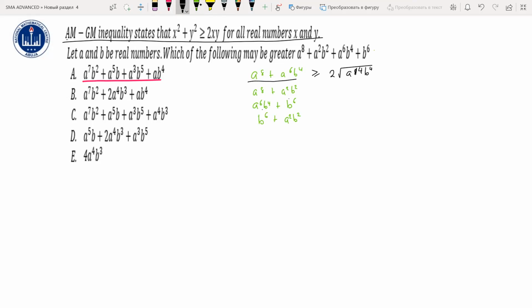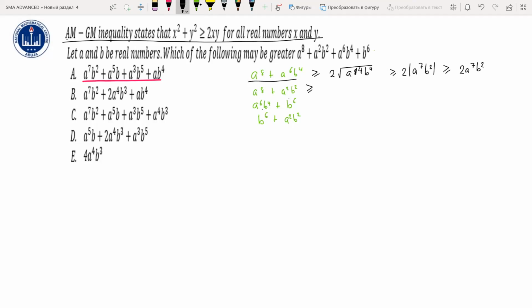So we're going to get that this is greater than or equal to 2 times the absolute value of a raised to the power 7 b squared, because the square root of a raised to the power 14 b squared is the absolute value of a raised to the power 7 b squared. But the absolute value of any number is at least that number. So it means this is at least